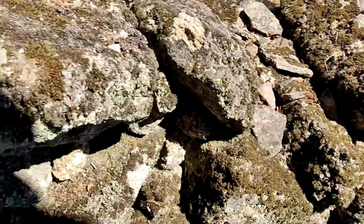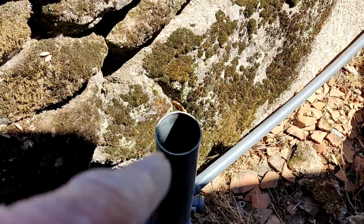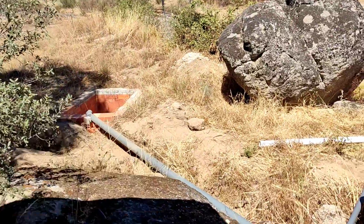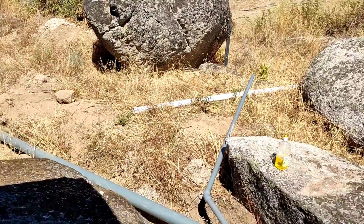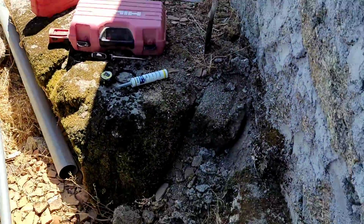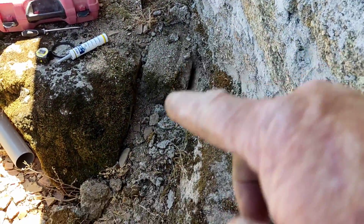So that's plumbed in basically, so you could poo in here now, or wee in there, and it'll come out in the tank, and there's a nice fall on it. It's all good. Cool. So yeah, next thing, we're just going to move this stone here